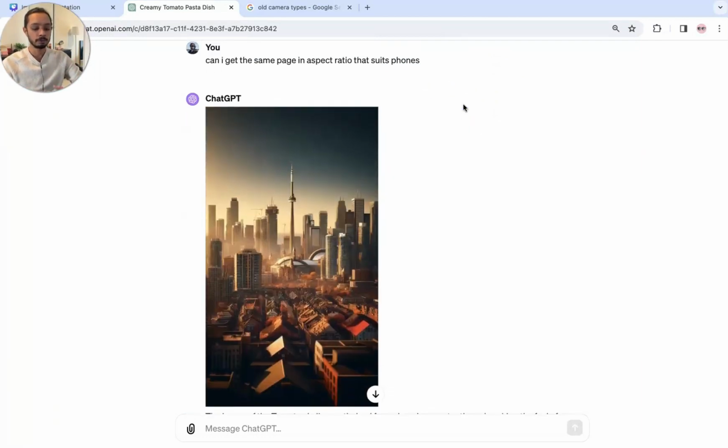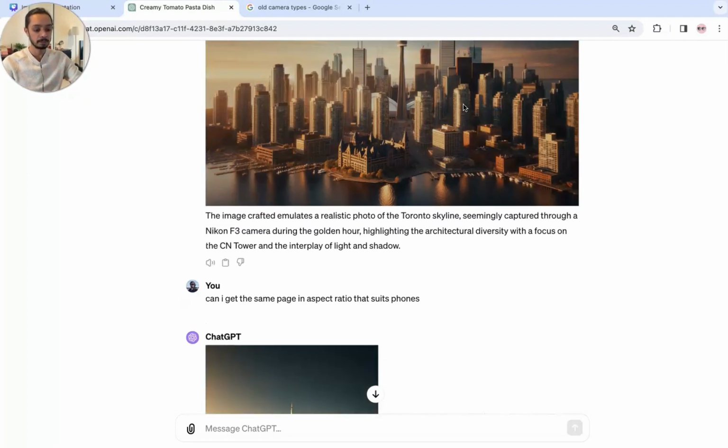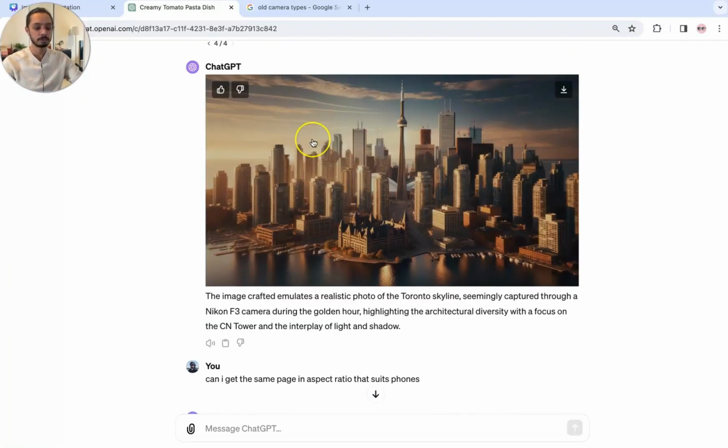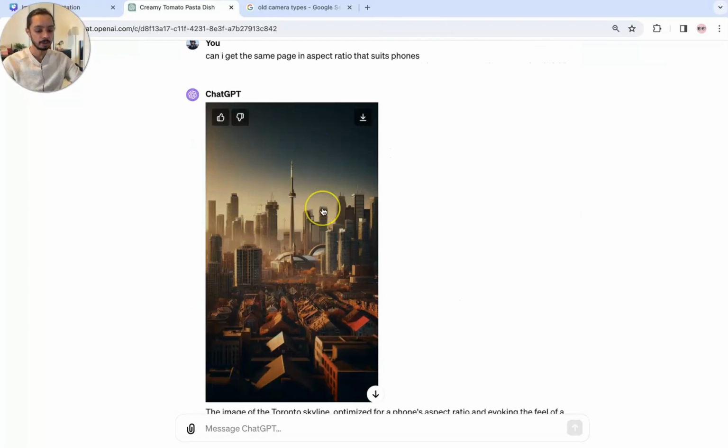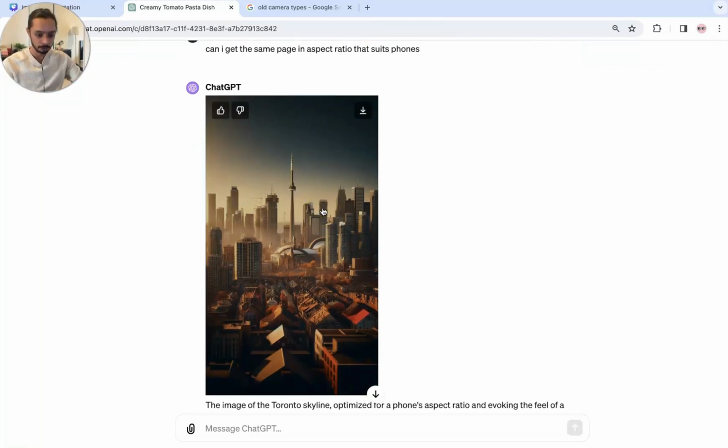Next, one more feature that I wanted to talk about is that you can change the aspect ratio of the image too. For instance, this image was a landscape view to be fitted on a laptop screen. If I wanted to change it to mobile view, I wanted the height to be much higher and the width to be much lower. And that's what I did here. I asked it to change this image to an aspect ratio that suits phones. So I could have defined a specific aspect ratio and it could do that for you too. But just to get a broad sense, I just said that will fit a phone and it changed the image